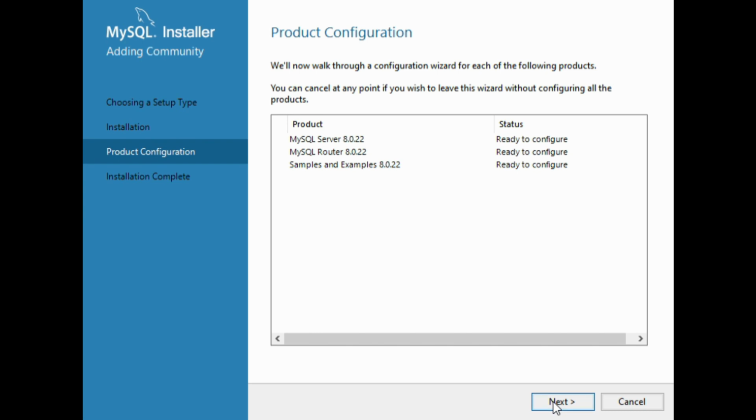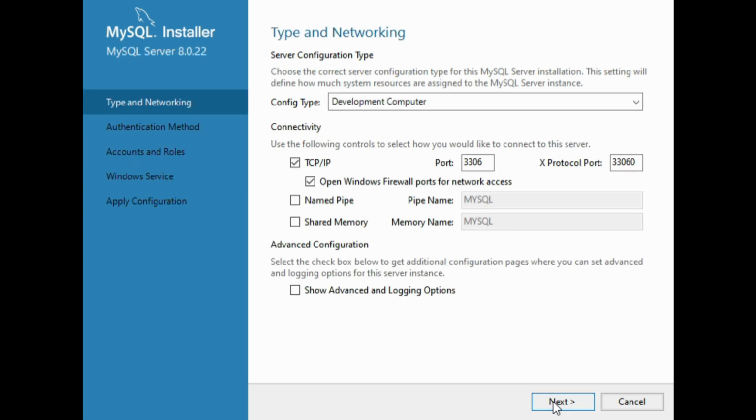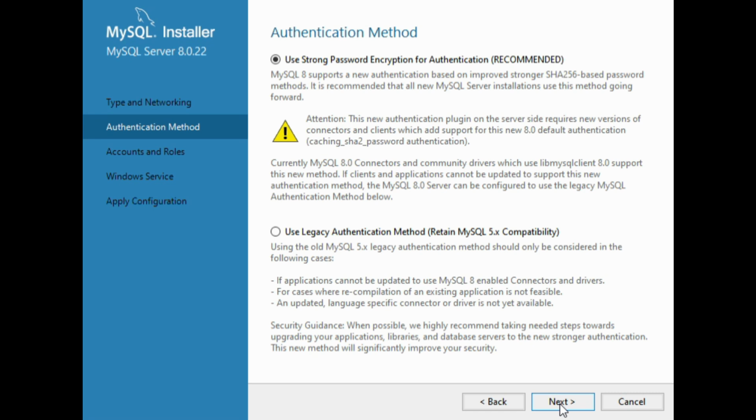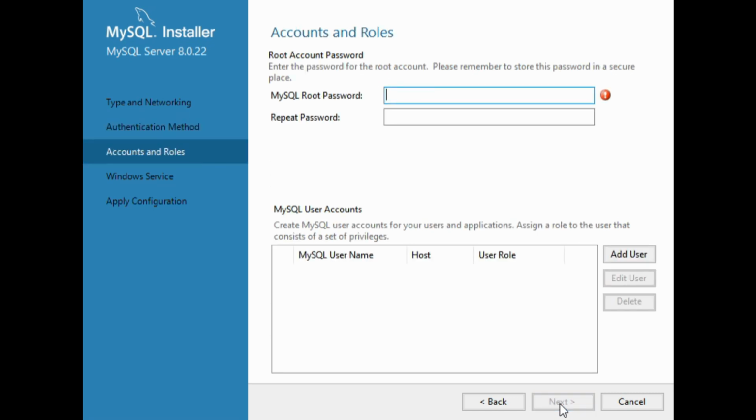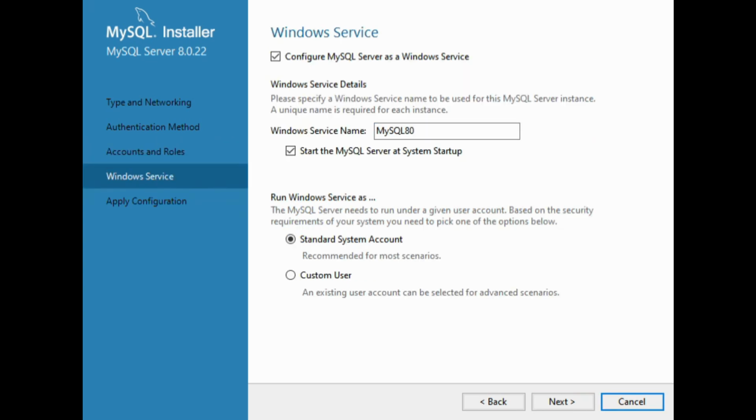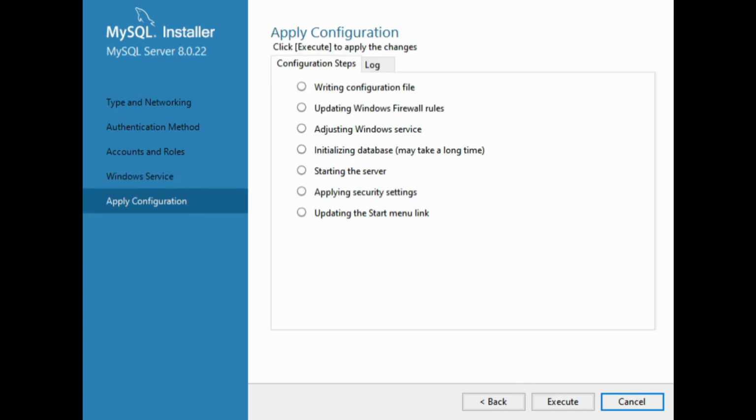So we need to configure the MySQL server first. We'll go ahead and just leave the default server configuration for this. As always, MySQL defaults to port 3306. We'll use the strong password encryption method, the recommended method for the password, and then we'll just set the root password here. Remember to make a note of the root password, as you'll need this to log into your local MySQL instance. And then we'll just keep the default settings for the Windows service, hit next, and then